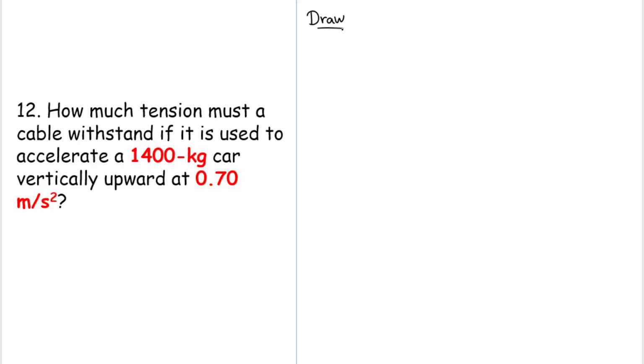So we will have a car here. Let's draw a car. Okay, I will have my car like this, and then it will be accelerated by a cable upwards like that, right? So this is the cable, and it accelerates the car upwards and upwards